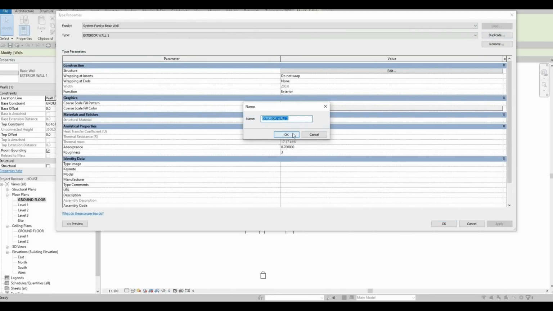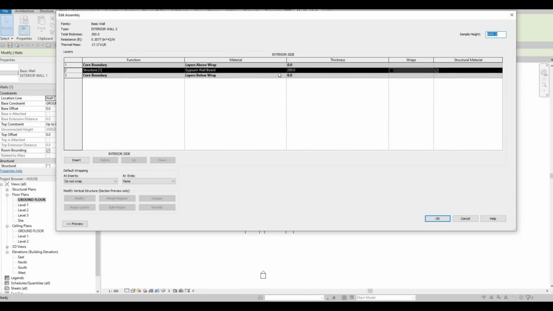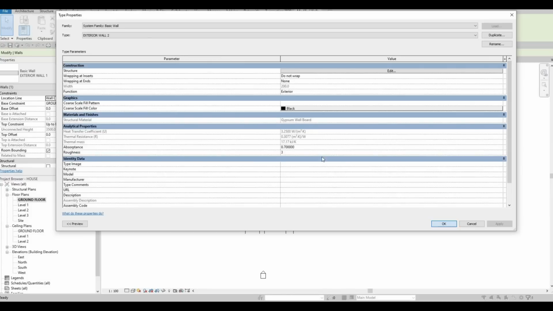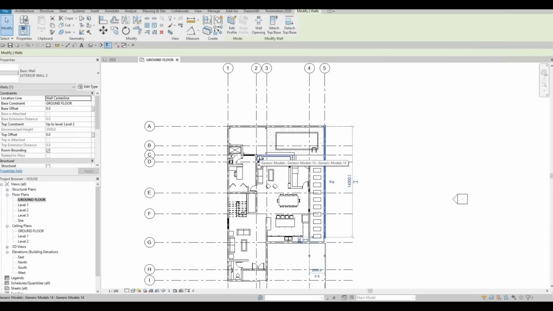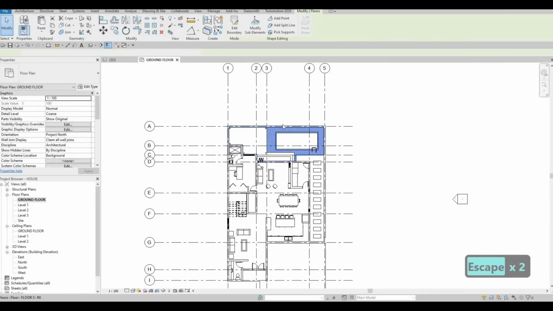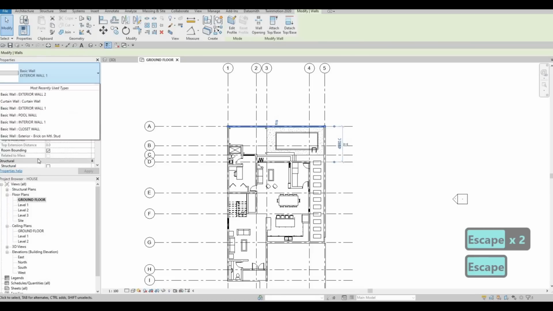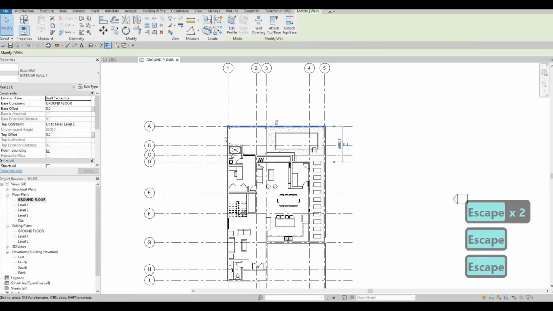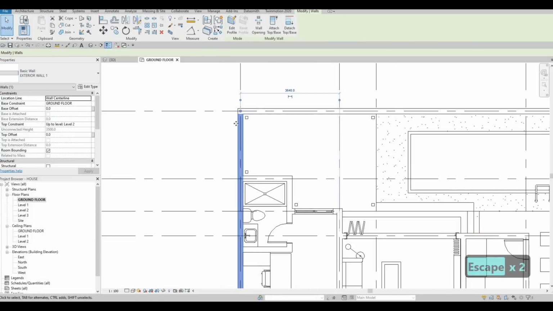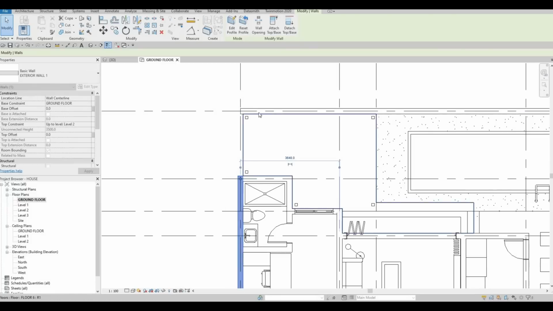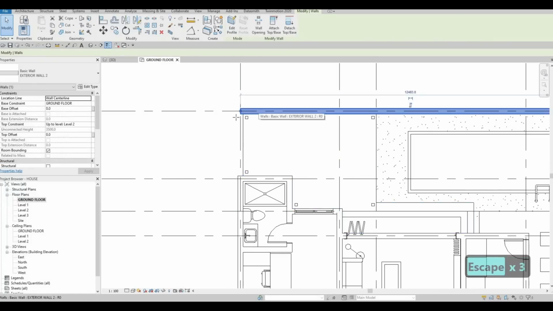We could use exterior wall number 2 as its name, and then for the materials, let's leave it at gypsum wallboard because it's easier to change. So wall number 2, and then here we need wall number 2 as well, exterior, and then here we need to unjoin this like that,